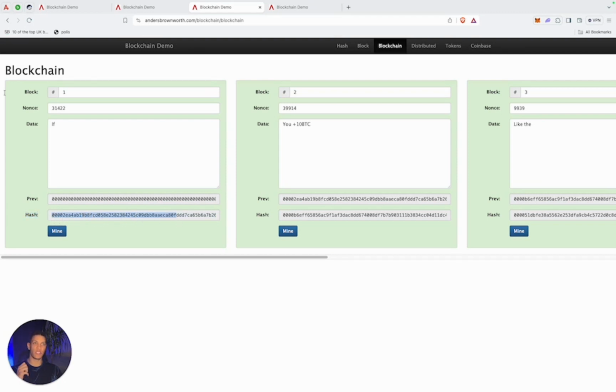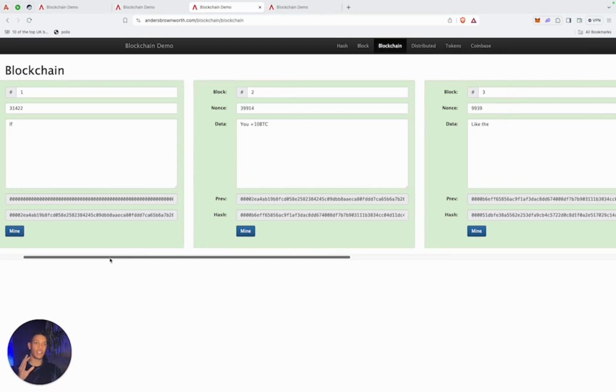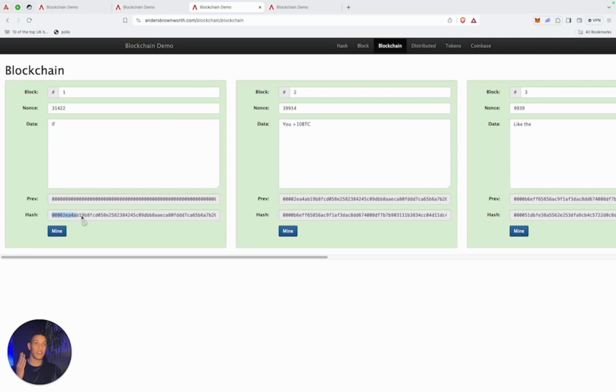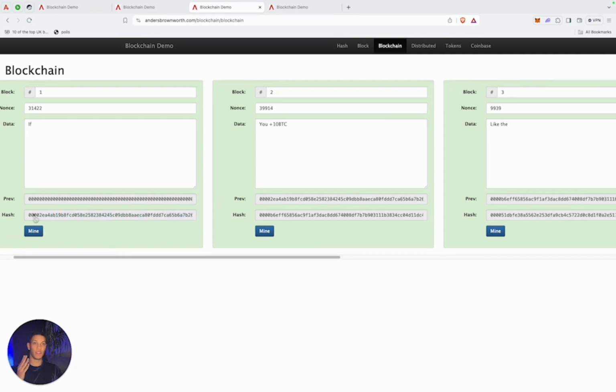This hash of its own block is constructed not just from these 3 key pieces of information, but from all of these 4 key pieces of information. Simply said, we need block number, nonce, data, and the hash of the previous block to construct the hash of its own block. They are chained in a specific manner, and this is why it is called a blockchain. They are chained by this cryptographic encryption. And as you can see,